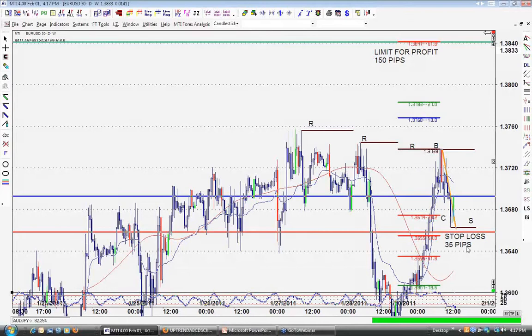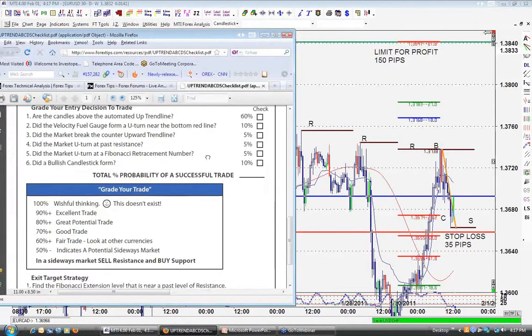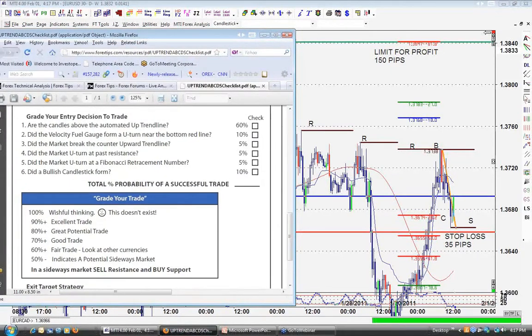How many of you would risk 35 pips to capture 150 pips? I'm sure many of you would. But before we at MTI execute this trade, we need to go in and grade our probabilities. Don't let this confuse you. If this confuses you by the chart, it's obvious that you need help. But the value here is tremendous. The more analysis on the chart, the more insight you may have.